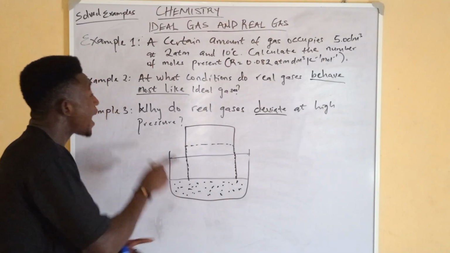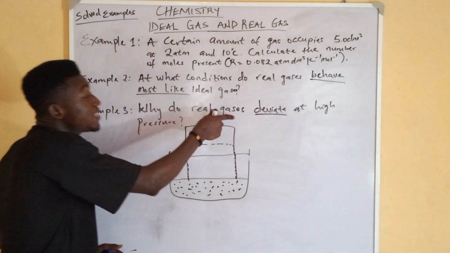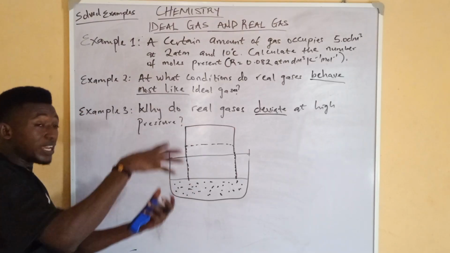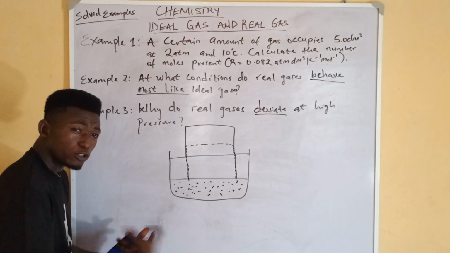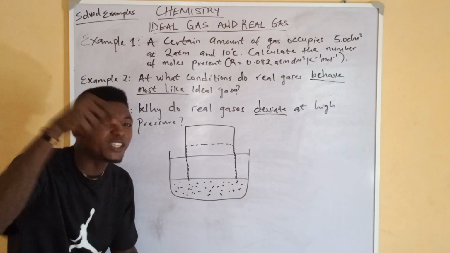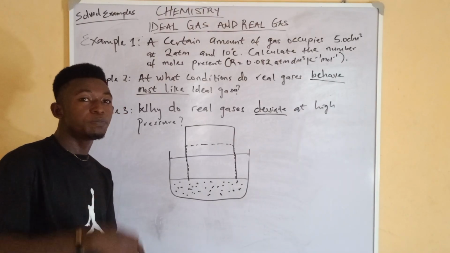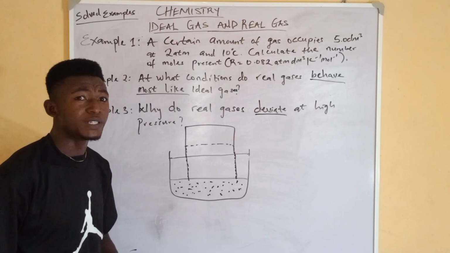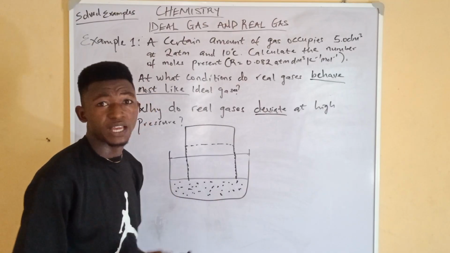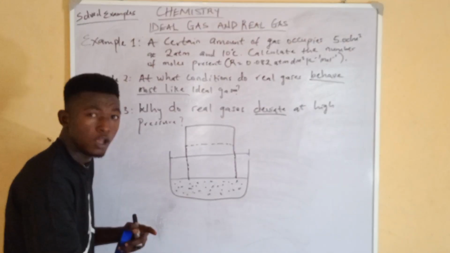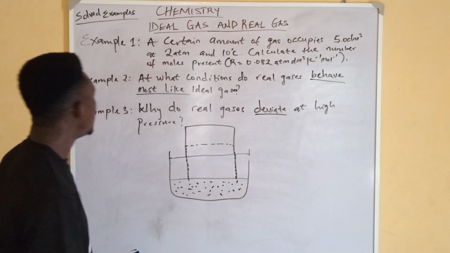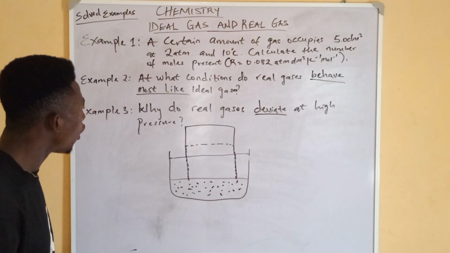Do you understand? So at high pressure, real gases deviate from the ideal gas, because when the pressure is high, the intermolecular force between the gas molecules will be significant. It will be noted. You understand now? The force of attraction, the force of repulsion will be significant. They will collide with themselves more, and of course, it will increase the average kinetic energy. Alright, so